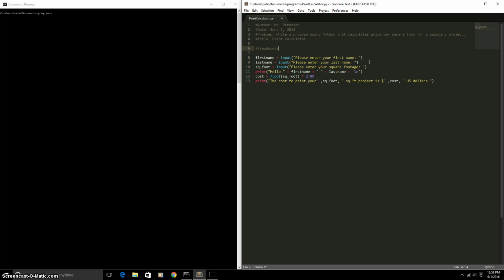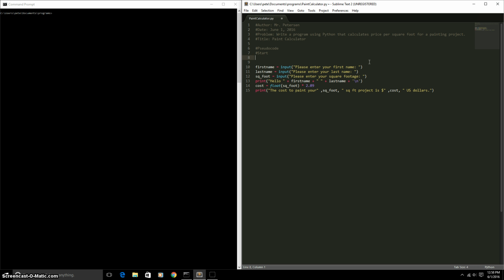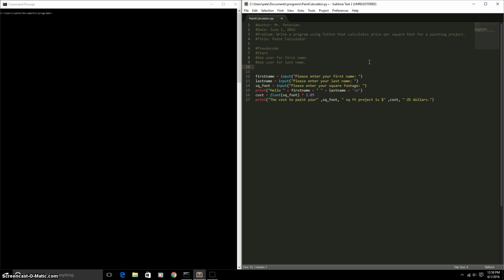So I'm going to type in pseudocode, and then I'm going to put in start, just like we did with our activities before. And then we will just break it down line by line. So we will say ask user for name, and maybe we'll say for first name, then we'll say ask user for last name, and then we will say ask how many square feet, and then we will put in there greet user by their name,